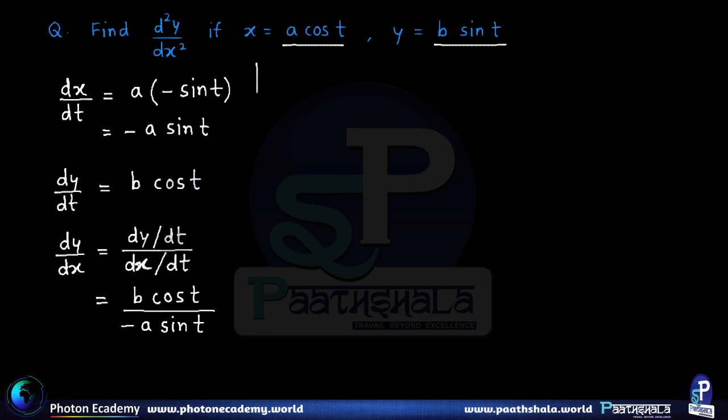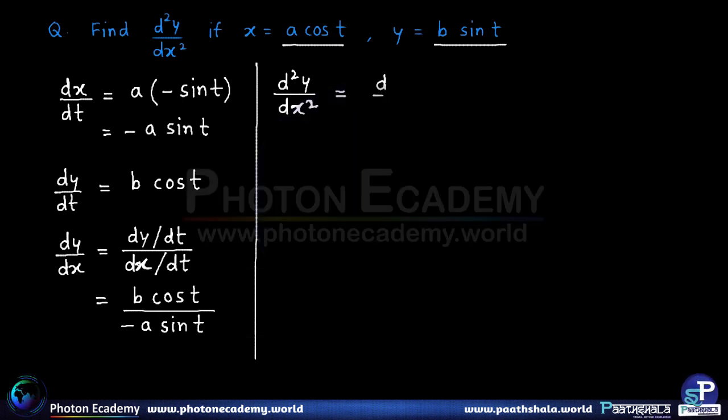Now we want to find the second order derivative, that is d square y upon dx square, which is nothing but basically d by dx of dy by dx,